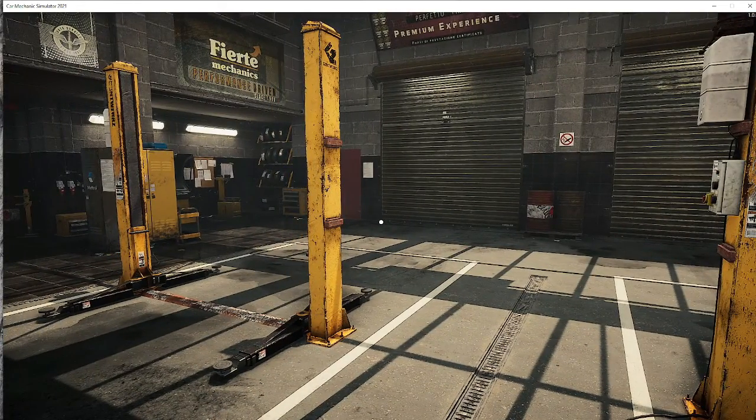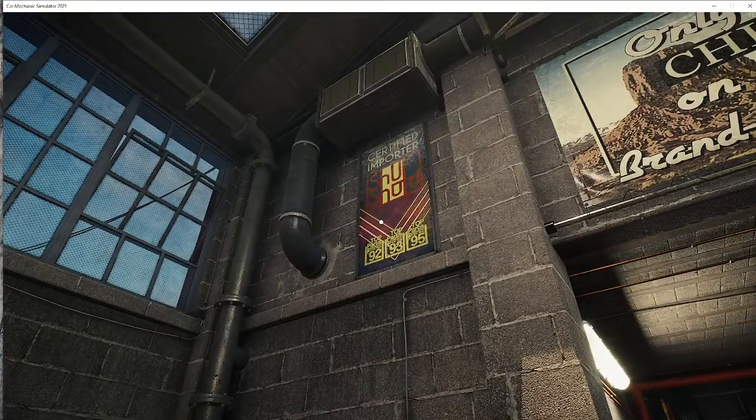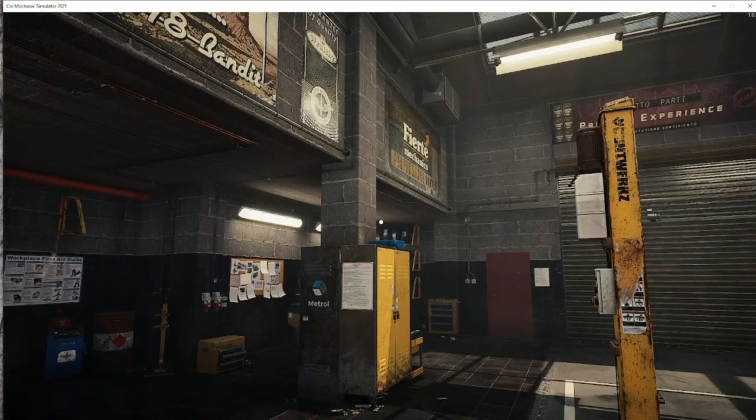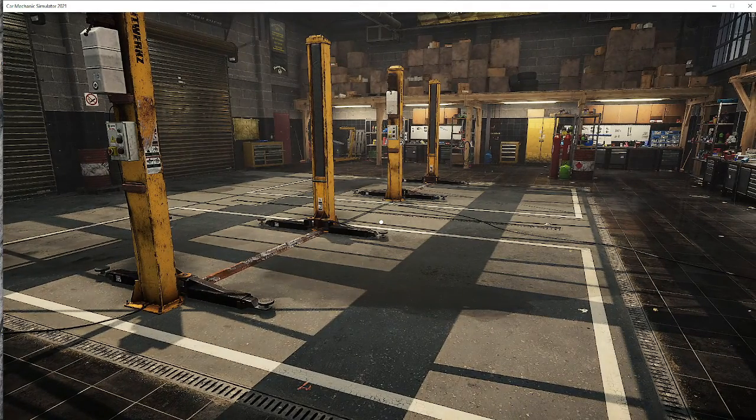So, this is Car Mechanic Sim. We are playing the sandbox mode because I just want to go and drive some crazy cars and fix them up. So as you can see, the garage. Let's hit the brakes, select reverse, and go back to